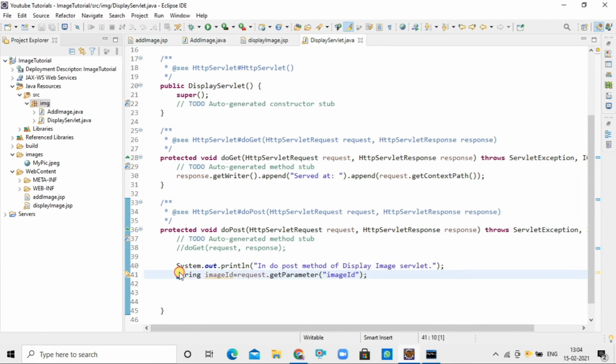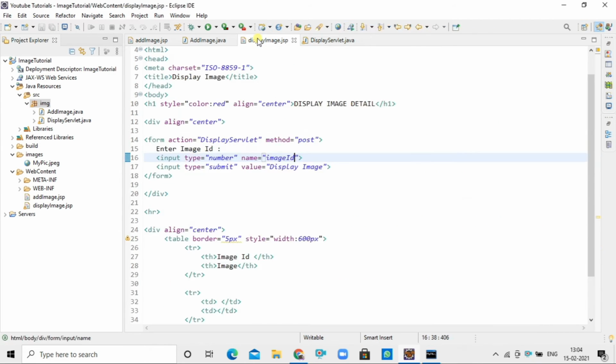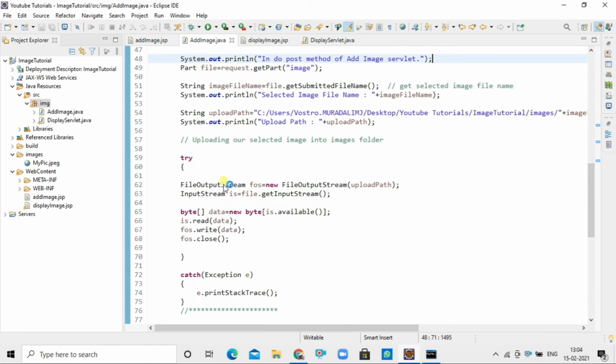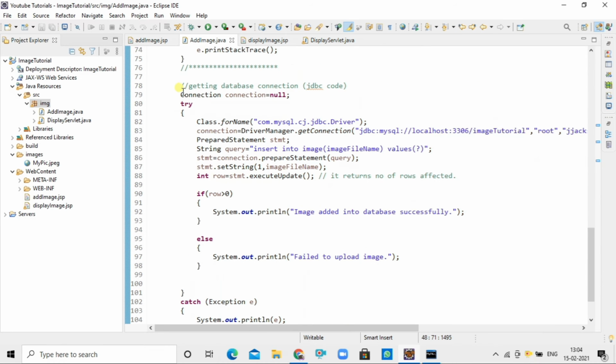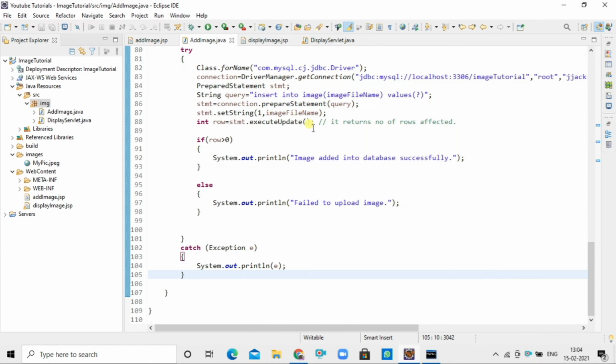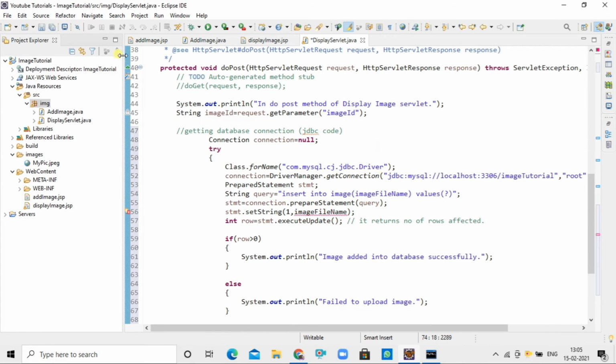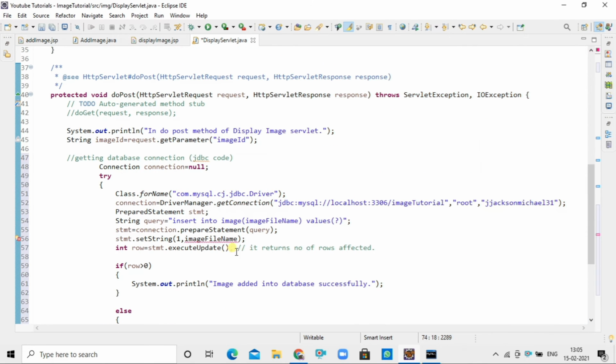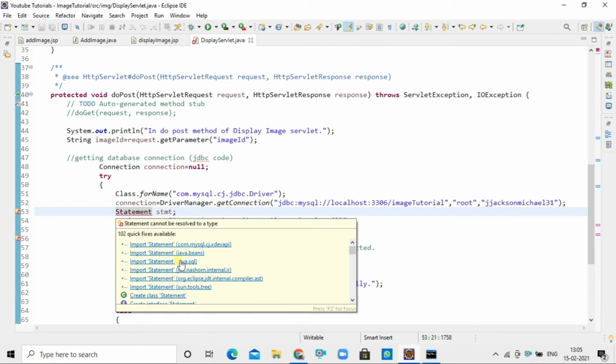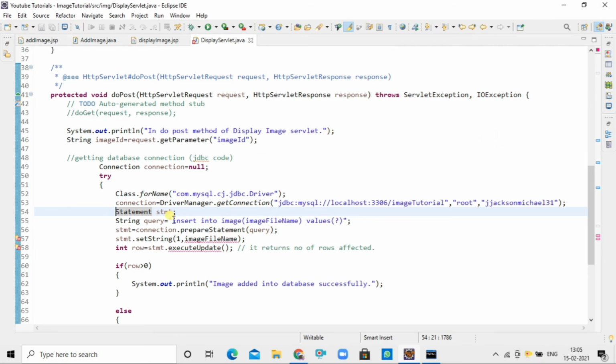Now since this time we have to fetch the image file name based on image ID from the database, again we need a connection from the database. So I'll simply copy the JDBC code from the add image servlet, but this time since we want to fetch the data from the database we will use Statement instead of PreparedStatement.